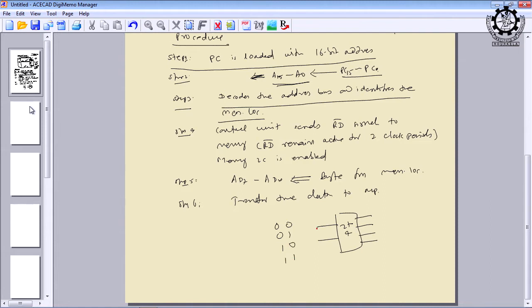combinations. So, assume that whenever I give 0 0, this line is selected, and whenever it is 0 1, the second line will be selected. That is the function of a decoder. And whenever I give 1 0, suppose 2 is selected, 1 0 means 2, right, and 1 1 means 3. To activate this decoder, I must use a control signal. Unless this control signal is active, whatever input you give will not be available at the output. For every IC, there must be a control signal to make that input available at the output, right.